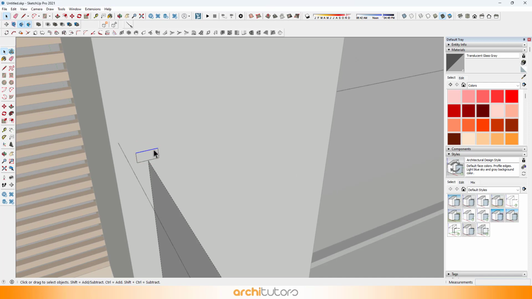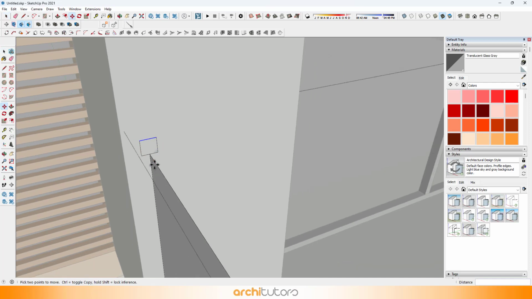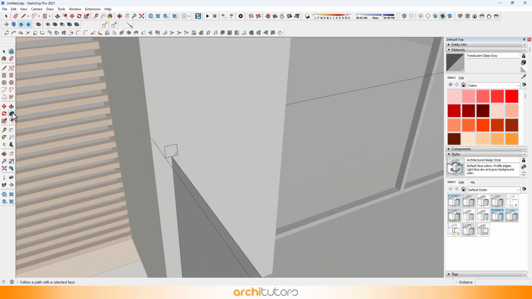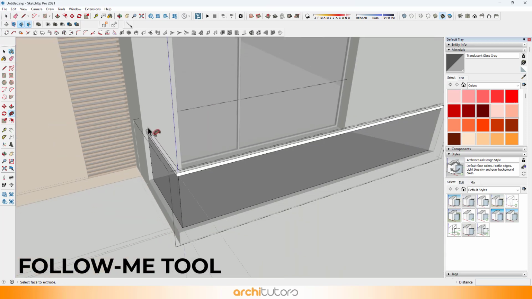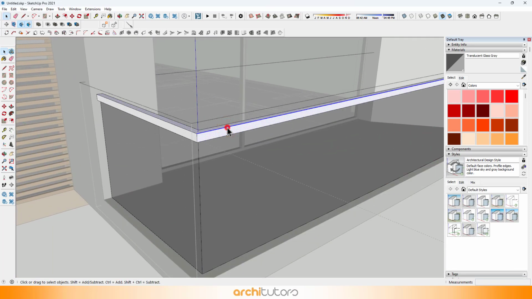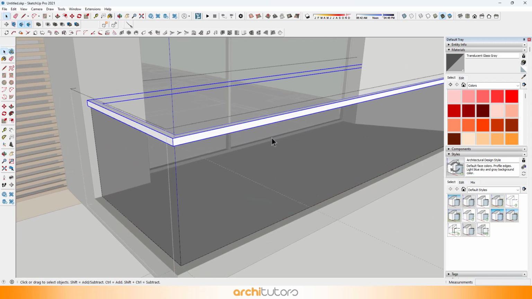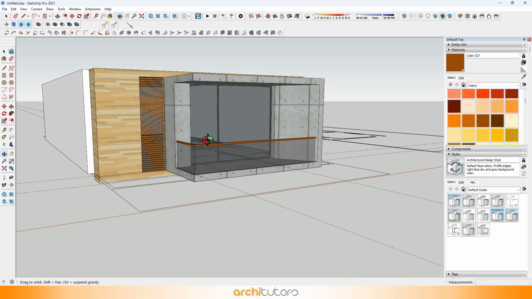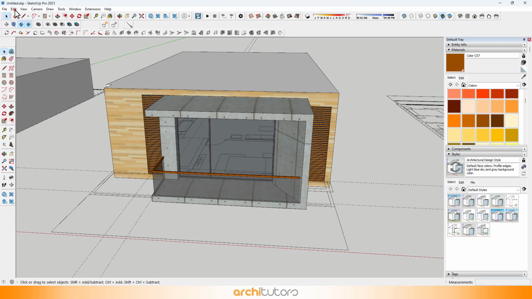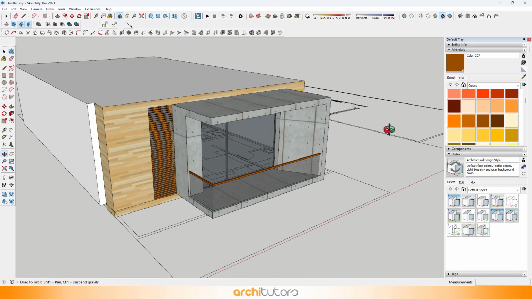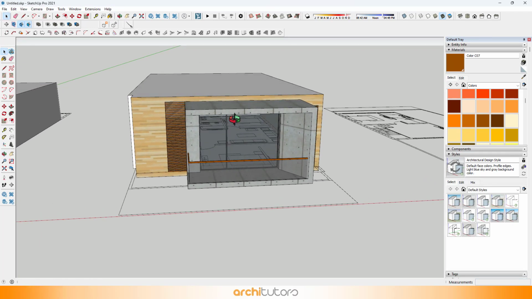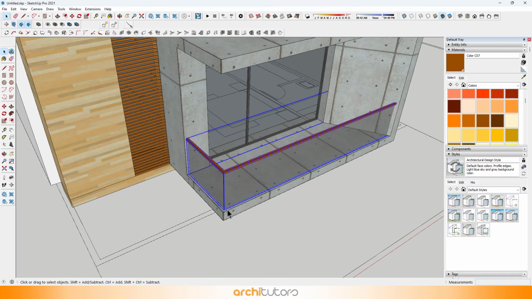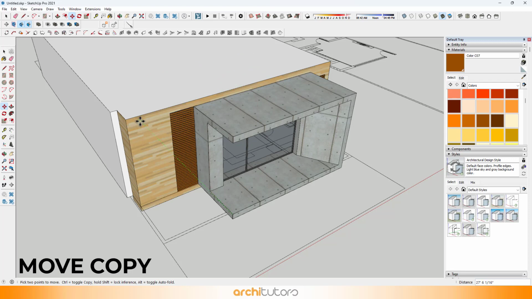And then make a rail on the top of it by making a rectangle and extruding it. I'll copy the railing to the terrace as well.